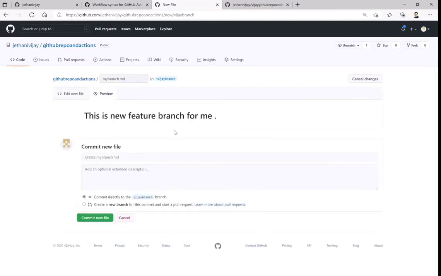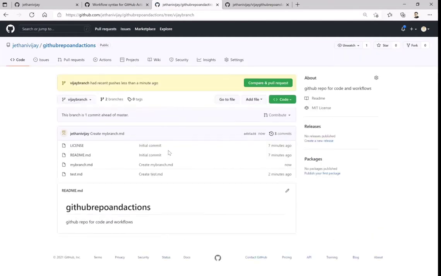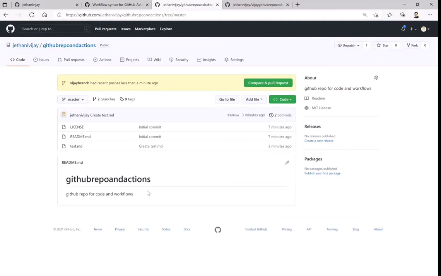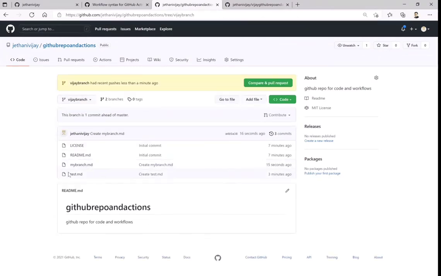You can just preview that. And so here I'm just following the basic terminology of MD, which is nothing but the markdown language. Okay, so I have just committed this, but if you see, as I committed this, this is not in my master. That means whatever I'm working on is here.